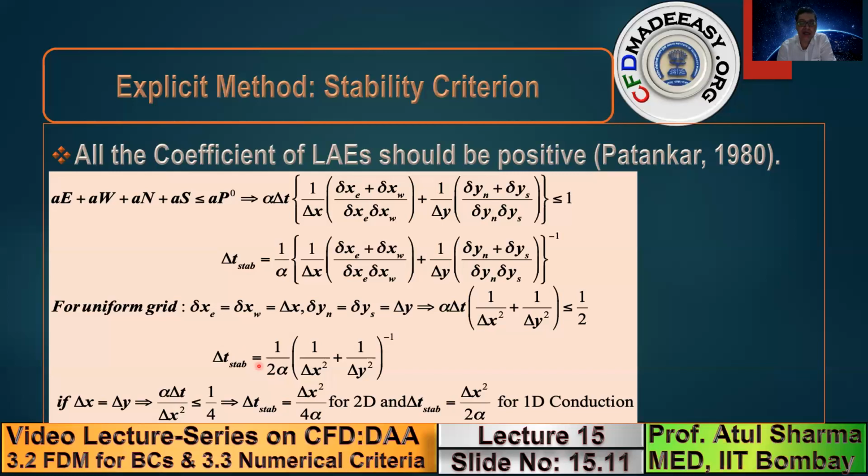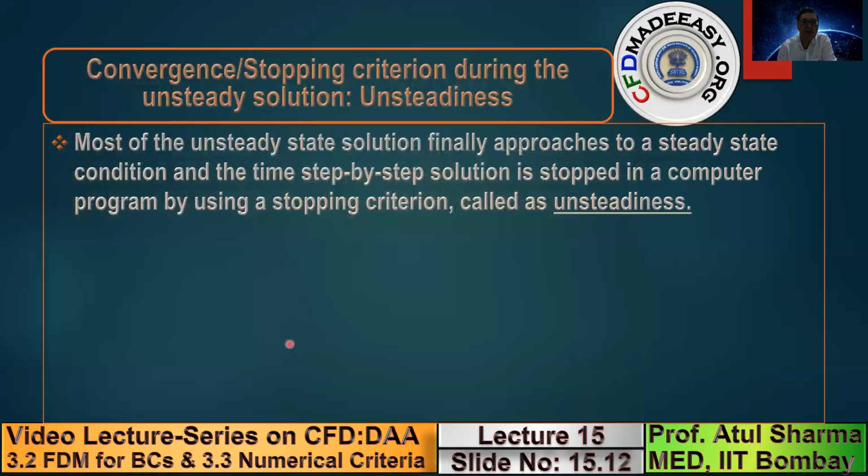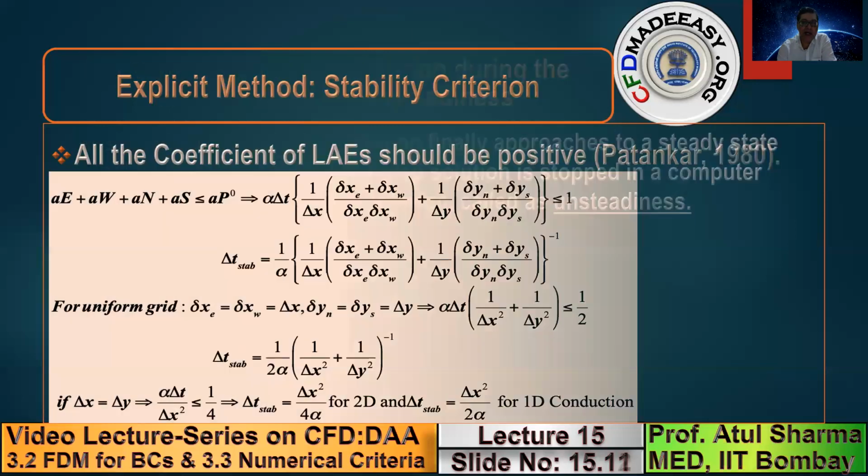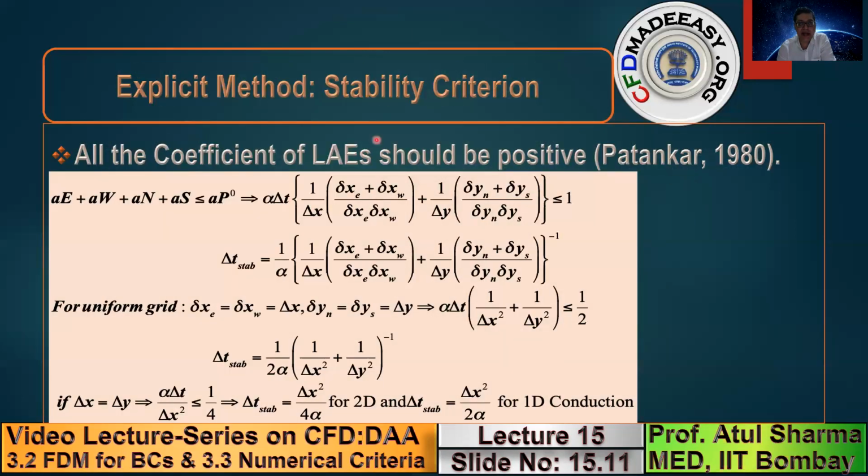Instead of reaching a steady state, the temperature values will approach infinity, and you will not get any solution. If you use a very small delta T, rather than using this formula, then you are unnecessarily losing time, if you are only interested in the steady state temperature distribution. Okay, so this completes the stability criteria.